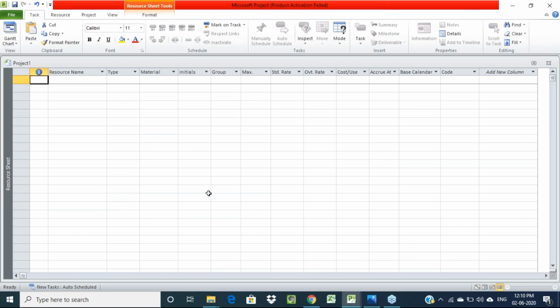Here we need to enter all the resource data: the resource name, whether it is material or human resource, how we are going to bring that material, and the standard rate for each and every material. All these things we have to enter in this resource sheet.